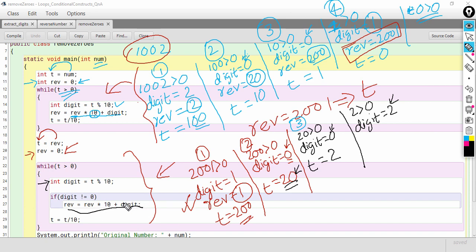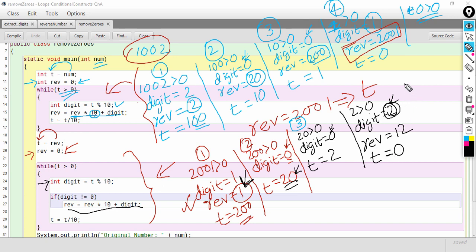Reverse is equal to reverse into 10, and recall in reverse we have 1. So 1 into 10 will give me 10, and 10 plus digit which is 2, it will give me 12. So now in reverse we have 12, and then we will eliminate the last digit from T, that is 2. So T will become 0.